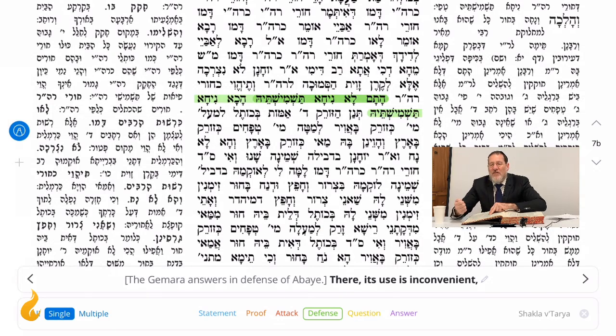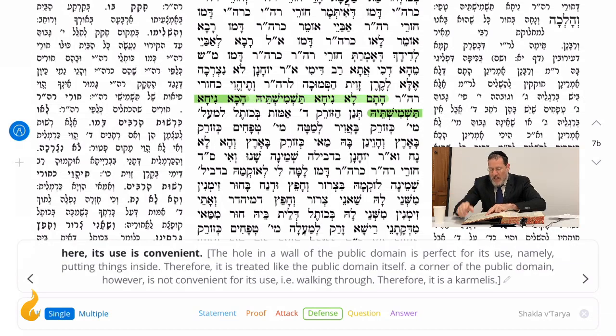Having a crevice in a wall that's facing the Rishus Harabim makes that crevice very convenient for people that are in the Rishus Harabim. It's convenient. If you want to stop for a moment, you want to put something, you don't want to put it on the dirty ground. So the conveniency is what allows the crevice to become more part of it. Nicha Tashmishtei, and that's Taka the Nafkamina. Gavaldik. We learned in the Mishnah,